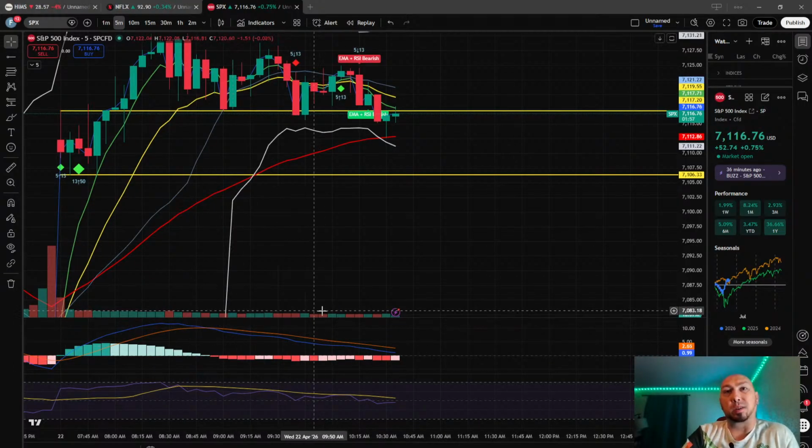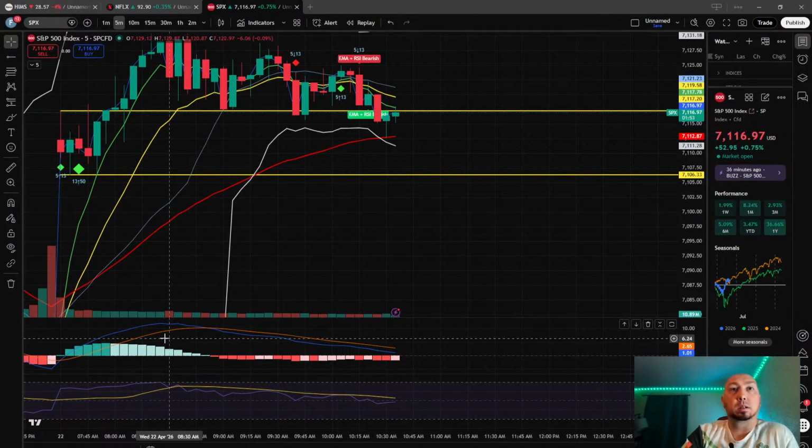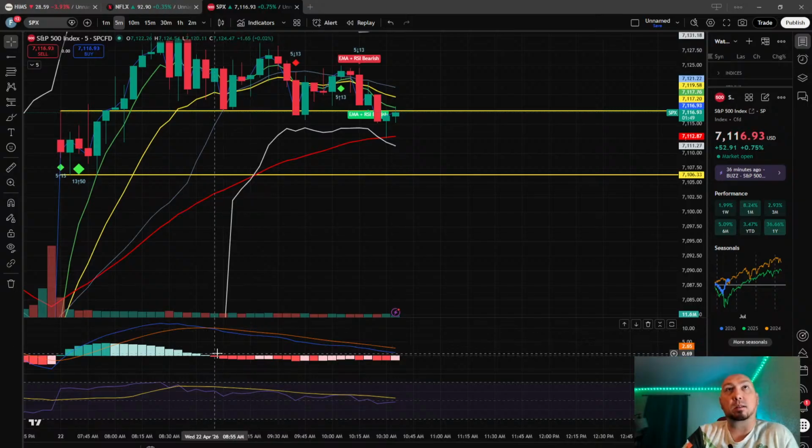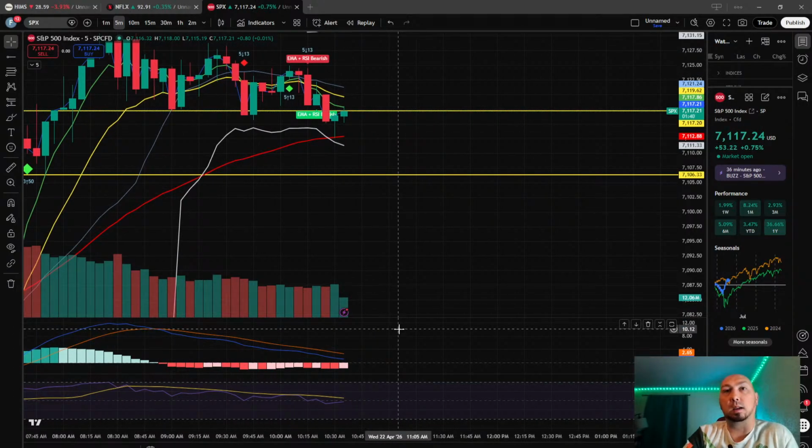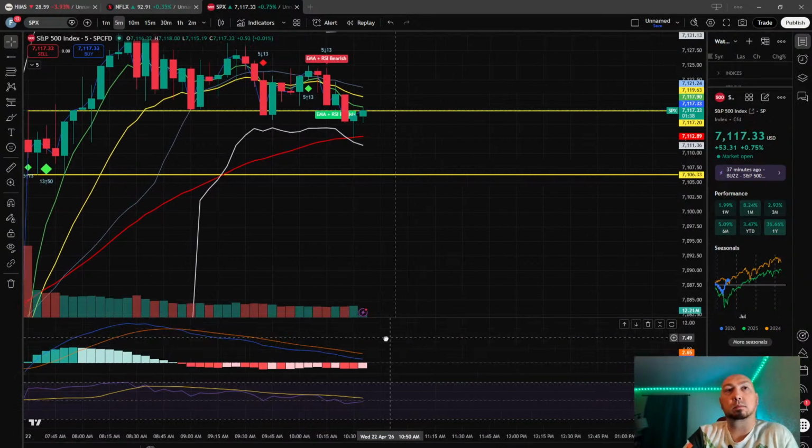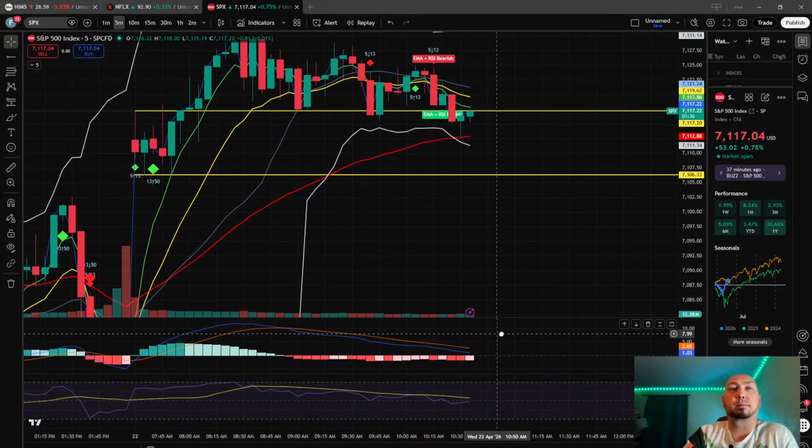Let's look at other indicators. We have lower volume. That's not great, so that means it's kind of slow. We have the MACD from right here start to turn down. So we have a falling MACD. Okay, that's why.